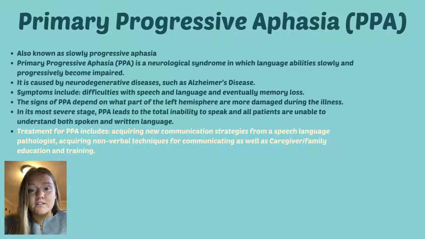Treatment of primary progressive aphasia must be carefully differentiated from treatment of aphasia after a stroke. So SLPs are uniquely trained not only to provide treatment-focused compensation strategies, but also to connect the individual with the necessary resources and provide much needed counseling. Caregiver and family education and training is also important for any diagnosis and is critical in treating those with primary progressive aphasia. For the next slide, we have an interview with a speech-language pathologist named Paula